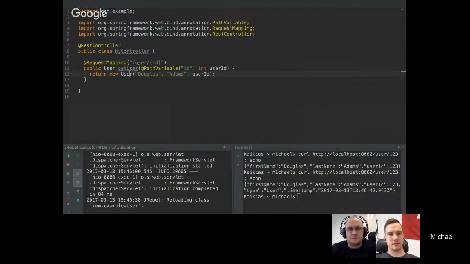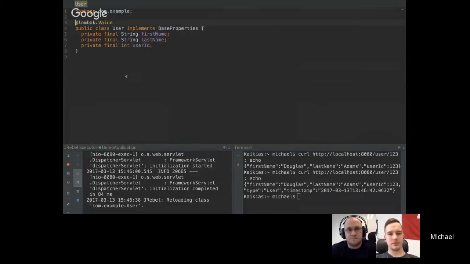Change the hierarchy. If I wanted to, I could also change extends and say that it's now an array list or something else, but then Lombok value wouldn't work. But still, I can